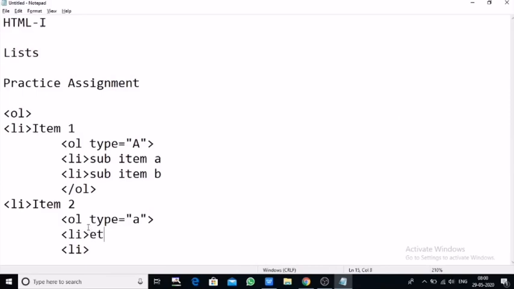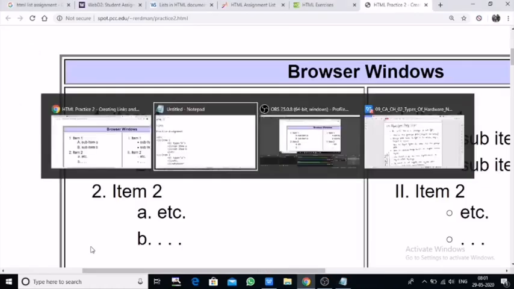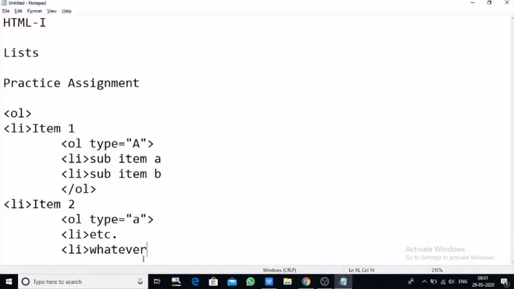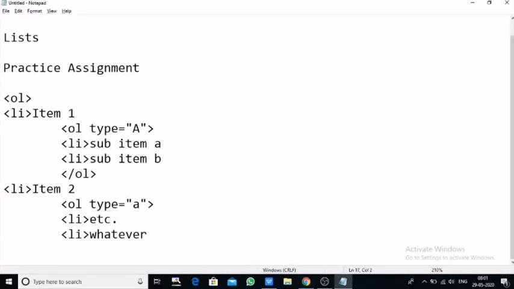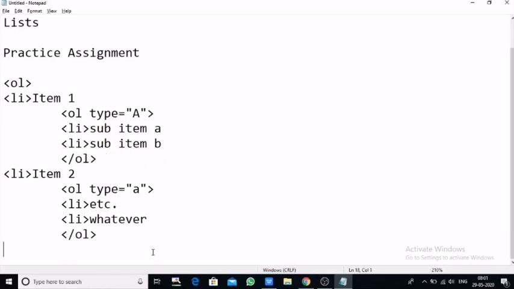Here write down etc, and here write down whatever. It is blank, but I am writing whatever, suppose. That's it. Again end this OL, and now close the starting OL tag in which these two are nested. So end this OL tag.